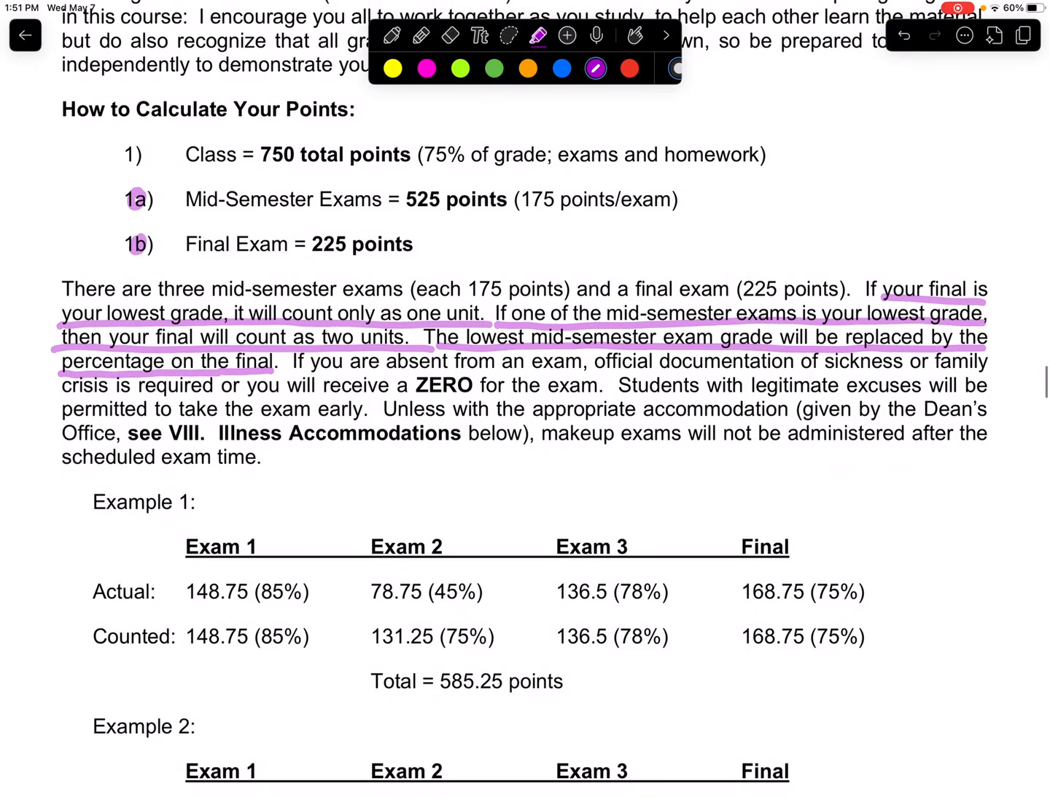So if we look at, for instance, an example here, the student did roughly 85s to 75s, but we have this low score here of the 45%. So notice in terms of what is counted, this 75% has come in and replaced. So it replaces,